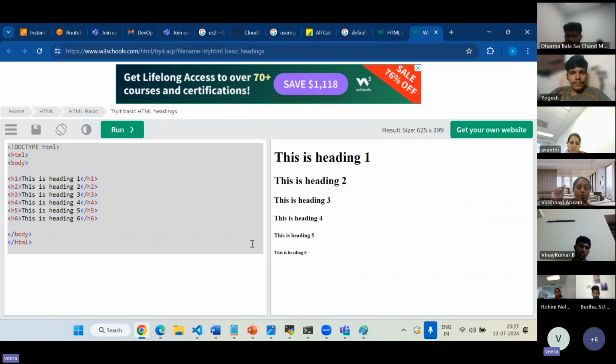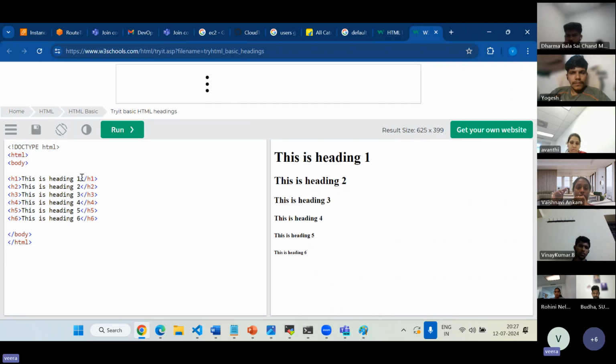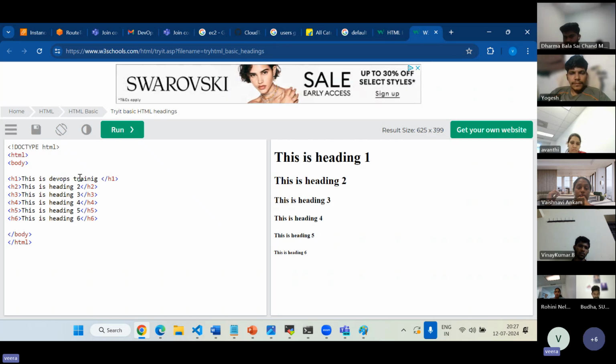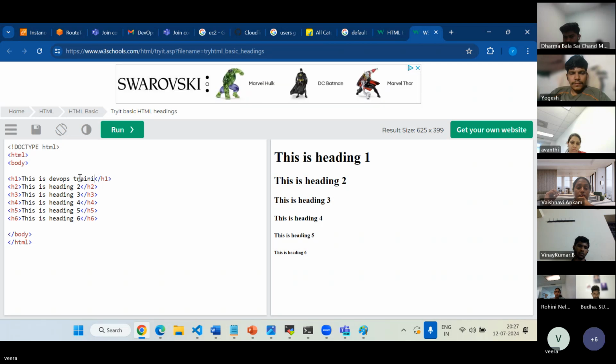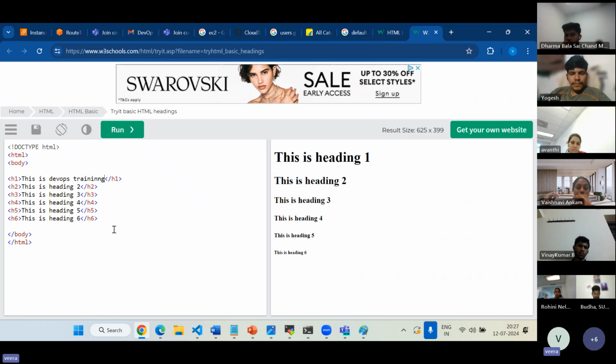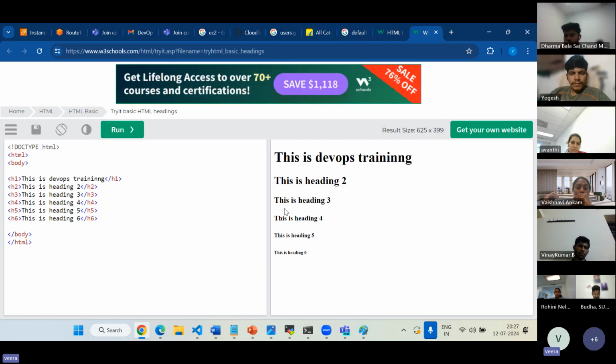So if you run this, this is the output. So you can change the content here. This is DevOps training, for example, if I give it like this. Whatever you give like this, if you run, you can see DevOps training and something. Okay, so like that, you can take the copy here